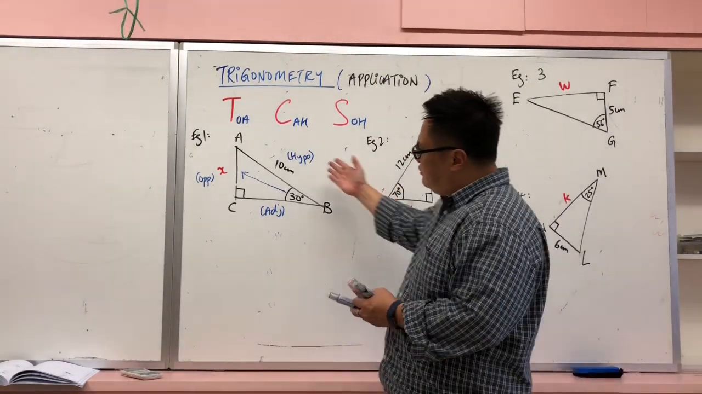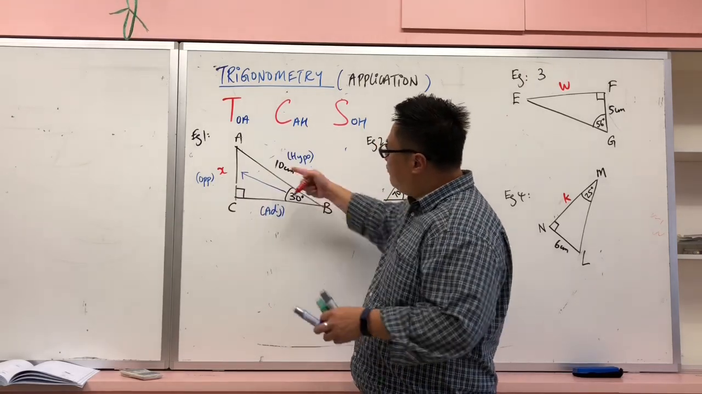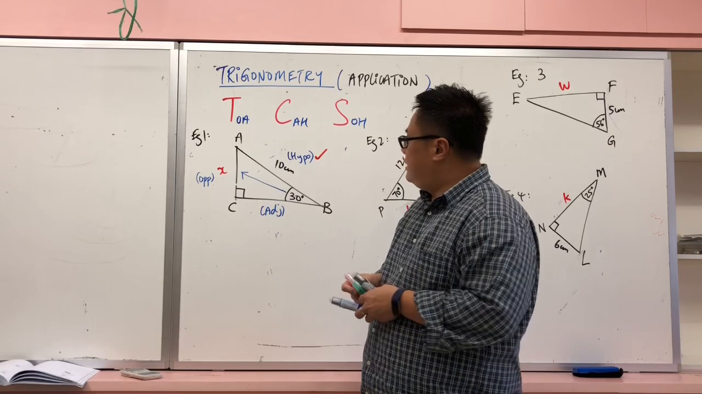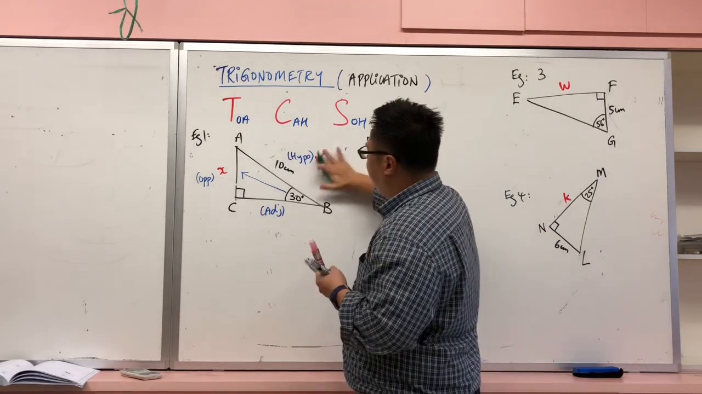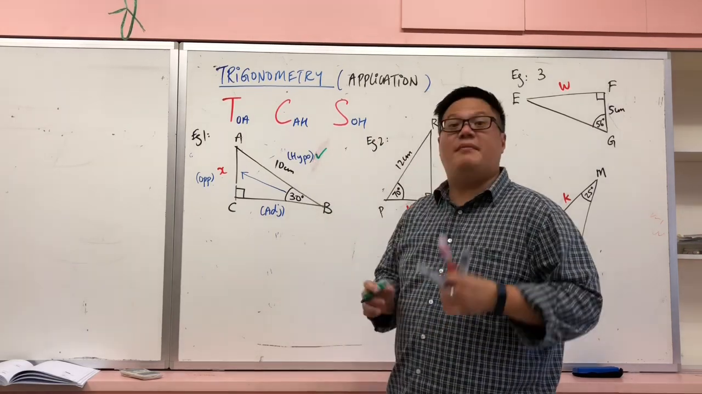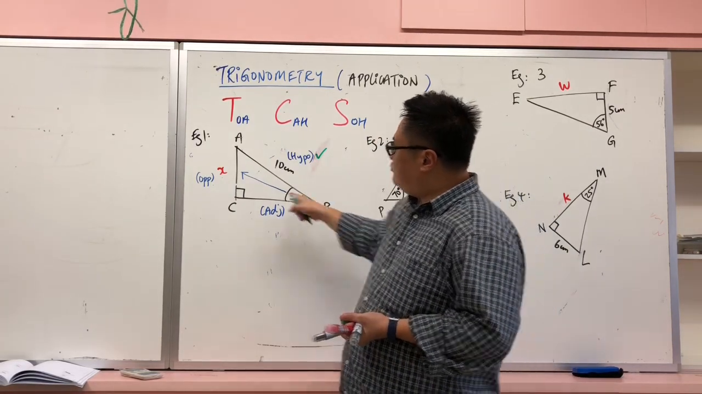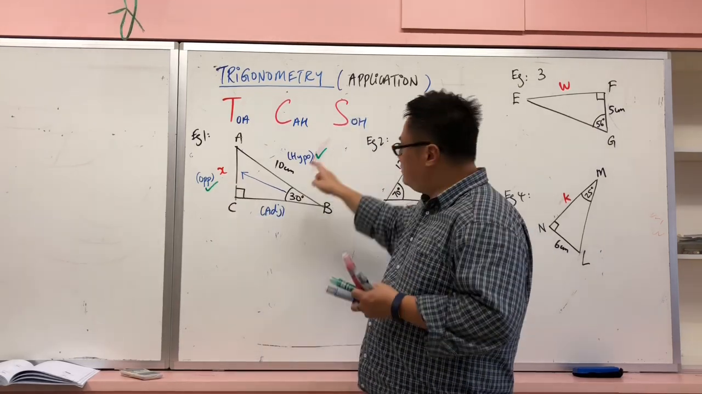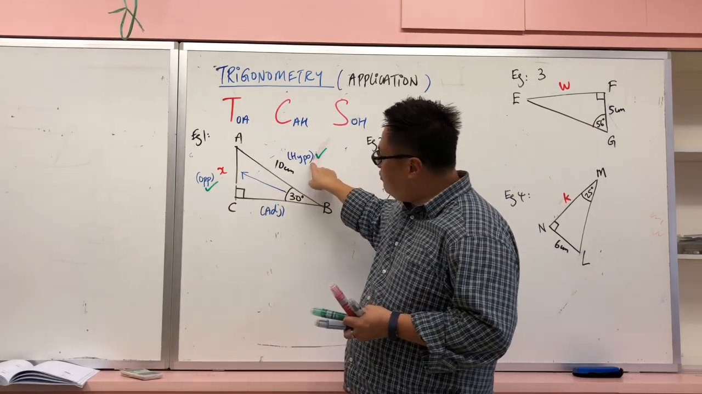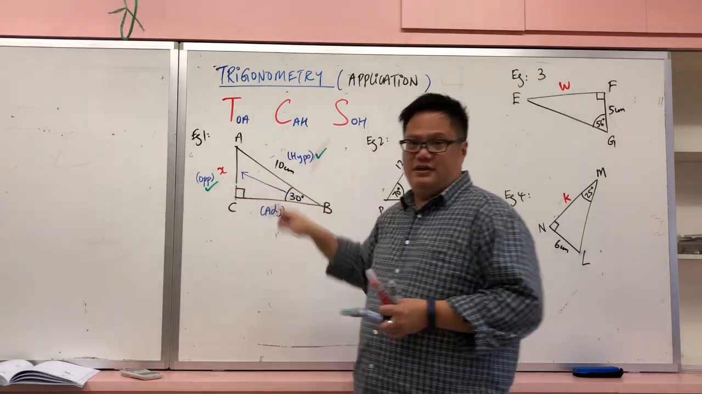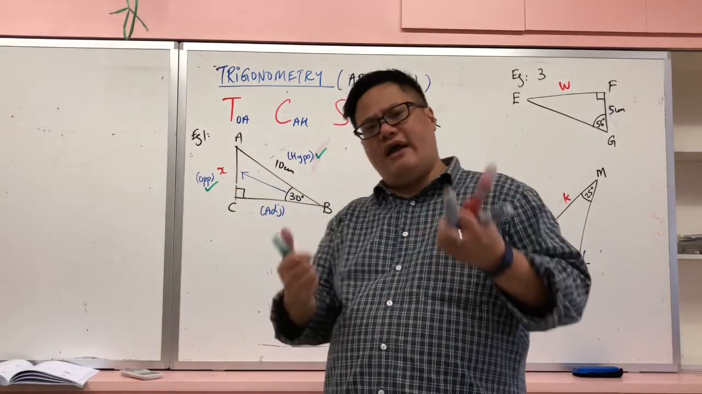What do I have? I have the hypo, the 10 cm. Put a tick there. What am I trying to find? I'm trying to find x, and x is the opposite. So I put these 2 ticks: I have the hypo, and I'm trying to find the opposite. So after you ask yourself what do I have and what am I trying to find,